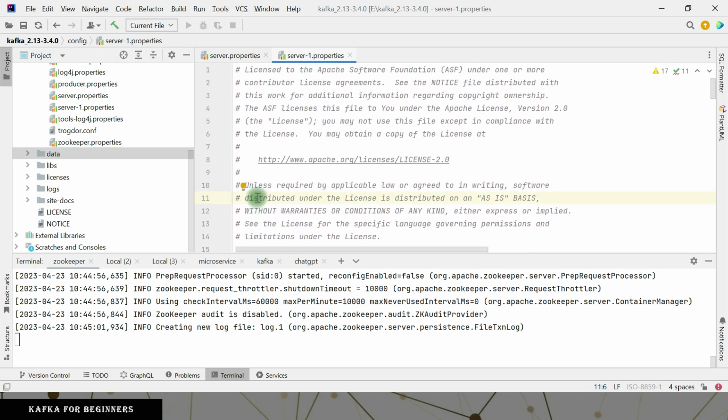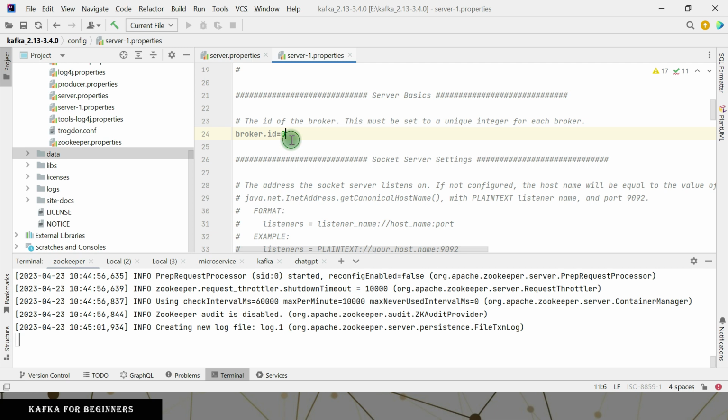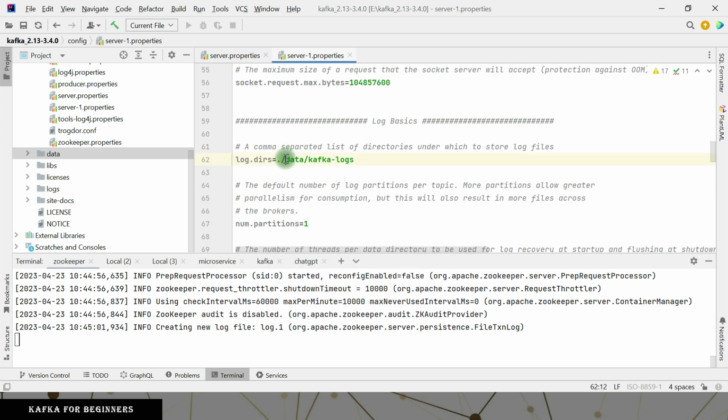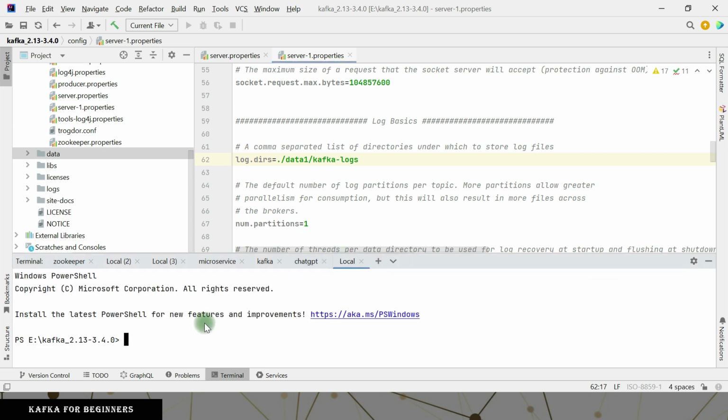First of all, just change the broker ID because it is unique, it is a number, and it is unique at the same time. The second one is the data directory. We have this data/, so just make it 1 and now we are good. If we go ahead and run this one, how to do that? We already know.